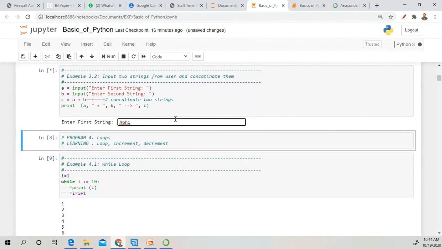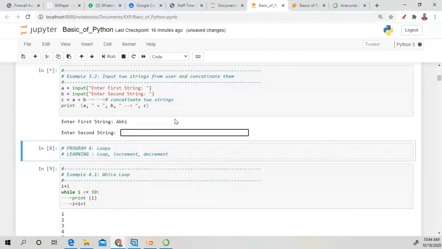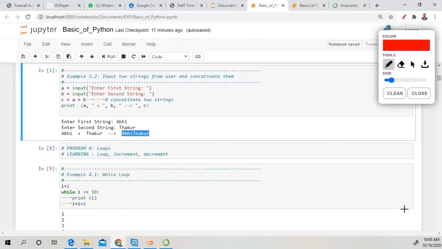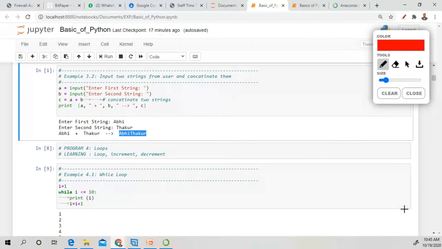If we are going to add two strings like Abhi Thakur, then the complete name appears in the output. Okay, and if you do not give an integer or float value here, it will directly join them with the help of the plus operator. Clear?